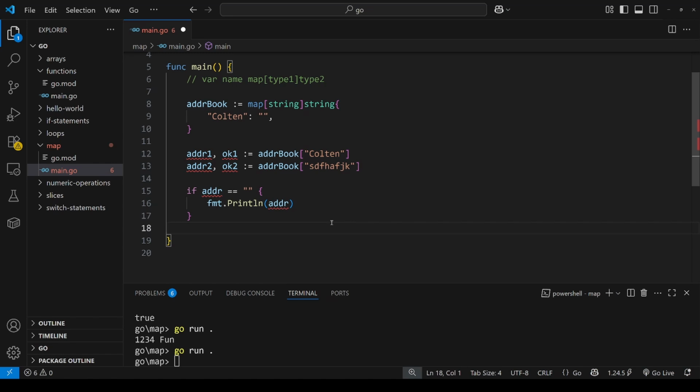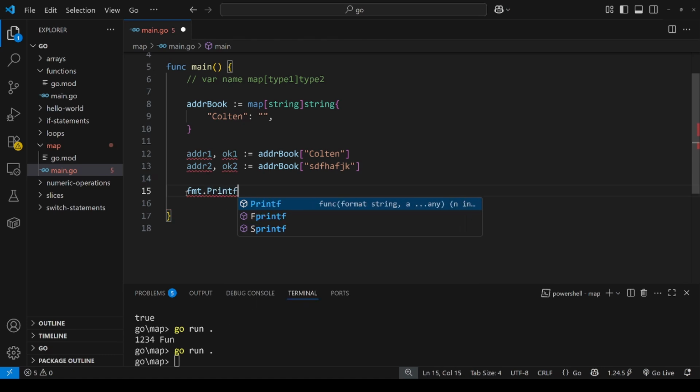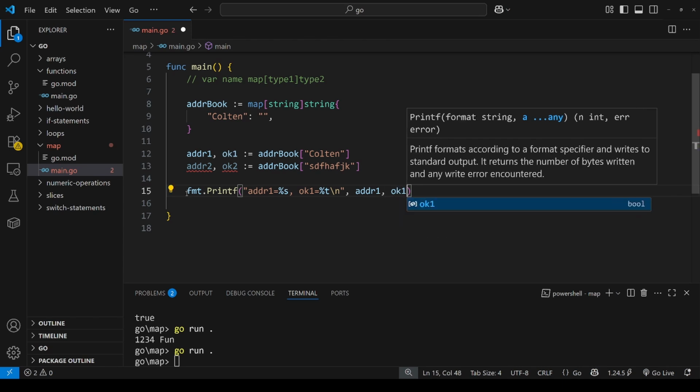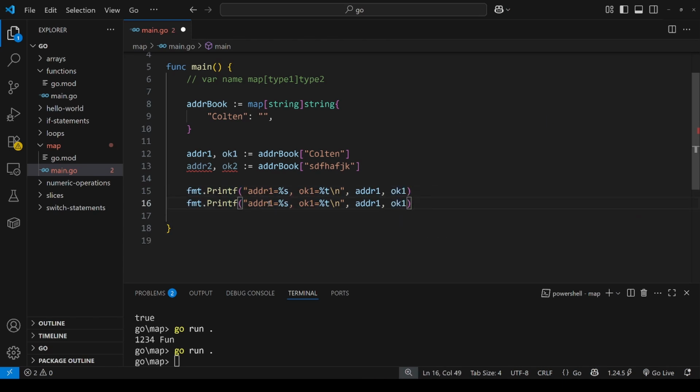But by using the OK idiom, we can see how these two values are different. So let's add some printf statements here. I'll have address 1 is equal to a %s, and then OK1 is equal to a %t to print out the value of a Boolean. Put in address 1 and OK1, copy this statement to put in 2s everywhere, and now let's go ahead and